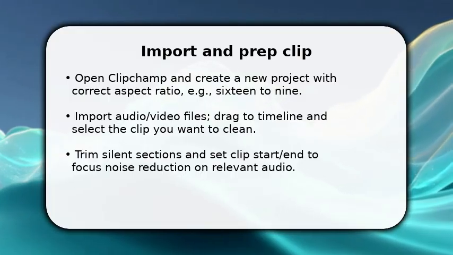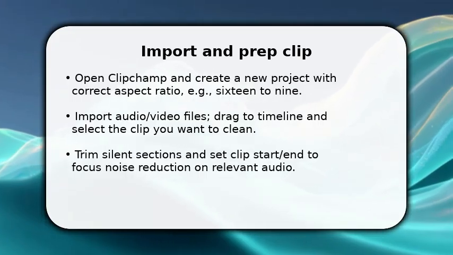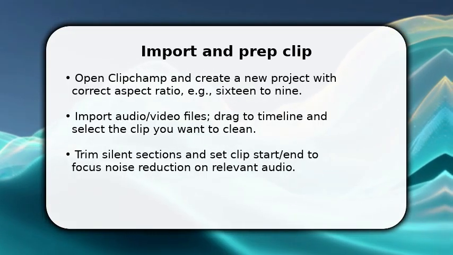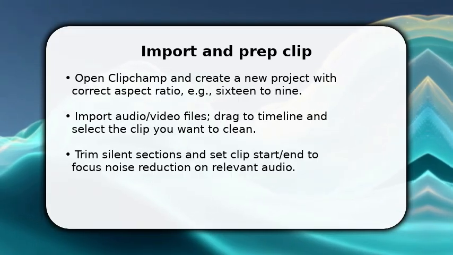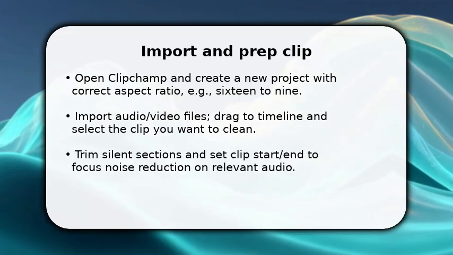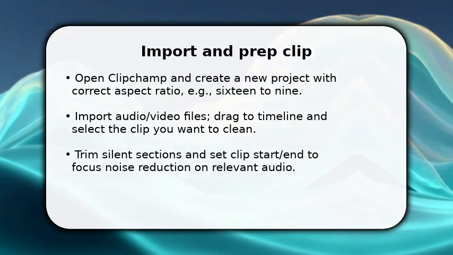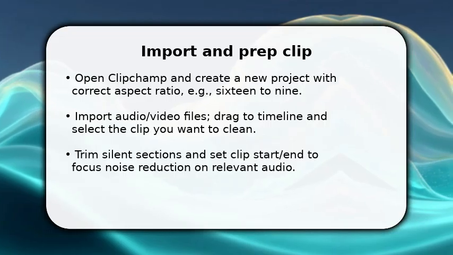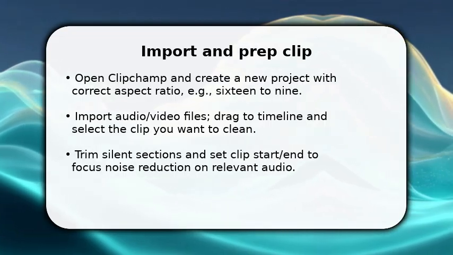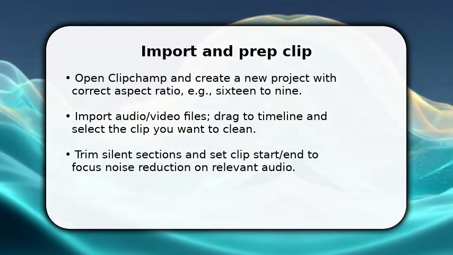You'll start by getting the file into Clipchamp and trimming away the obvious silence so noise removal works faster and cleaner. First, create a new project with the correct aspect ratio, then import your audio or video file. Once it's on the timeline, drag the edges to mark the exact segment you'll process. This minimizes processing time and prevents artifacts. Make sure you save a copy or duplicate the track before you apply changes, so you can revert if the